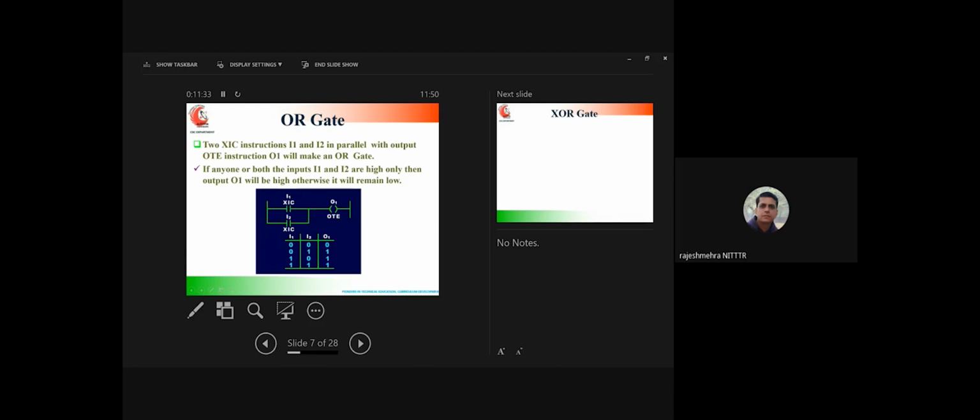So here we can say that if any one or both of the inputs I1 and I2 are high, any one out of these two or both, only then your output O1 will be high, otherwise it will remain low. This is the working of your OR gate. Then